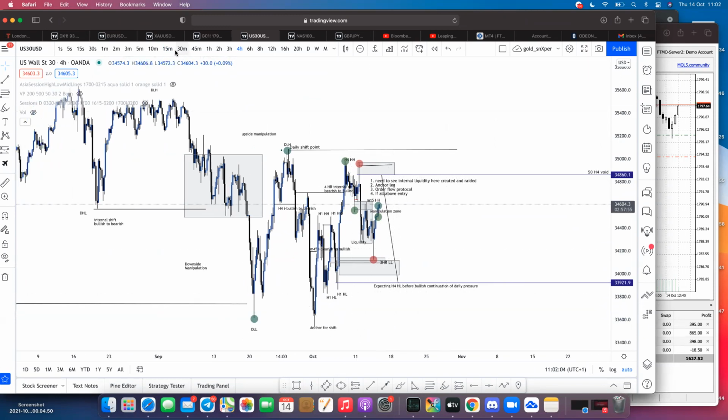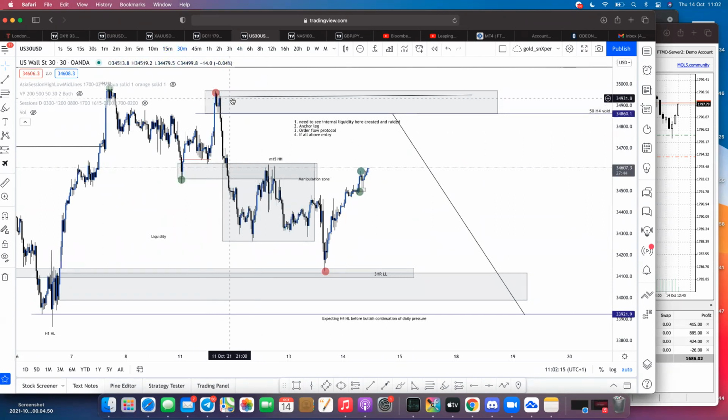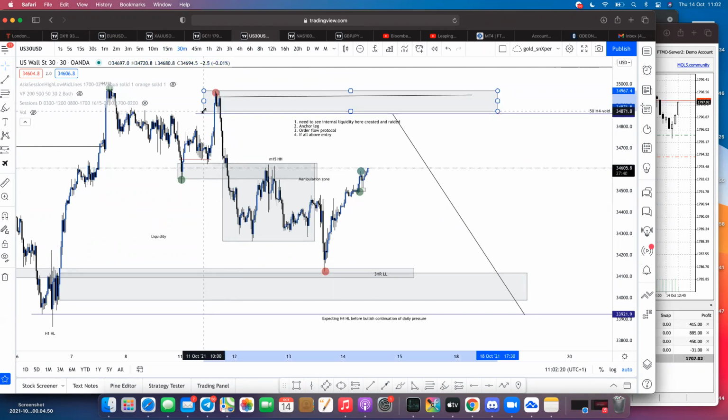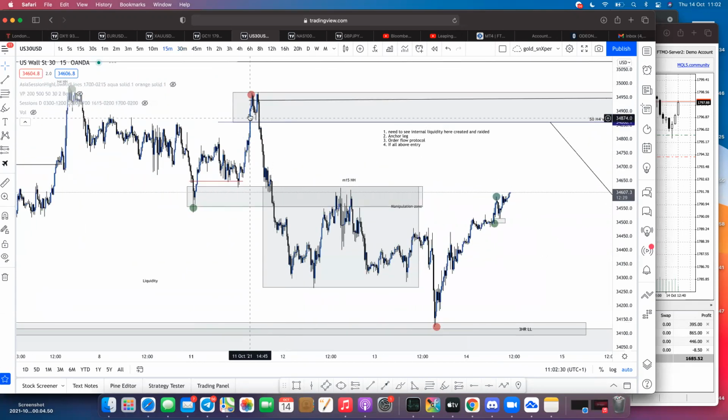Okay. So right now there's a manipulation zone here, but these areas might give reactions because people are going to be enticed at imbalances. You really want to look at this zone here, okay? So this is your 30-minute block. And the reason why I'm covering all of this is because of that H4 liquidity void. I do want a slightly wider zone for this, but if you go M15, then the last buy